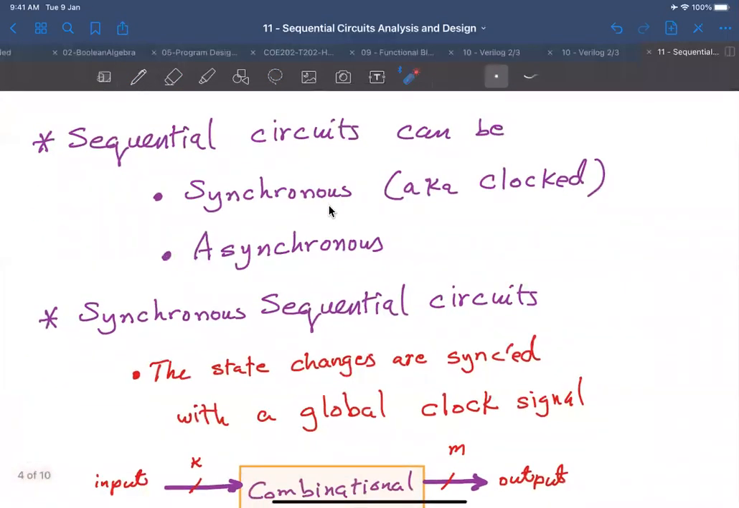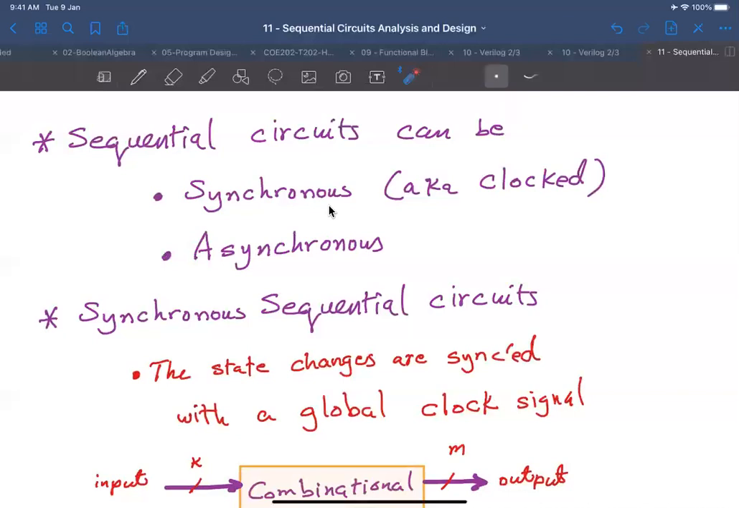Now sequential circuits can be categorized into two categories: either synchronous, also known as clocked, as we said at the beginning. Or they can be asynchronous, where the A is for the opposite, meaning not synchronous. So in synchronous sequential circuits, the state of the circuit, which is the bits that are in the memory,